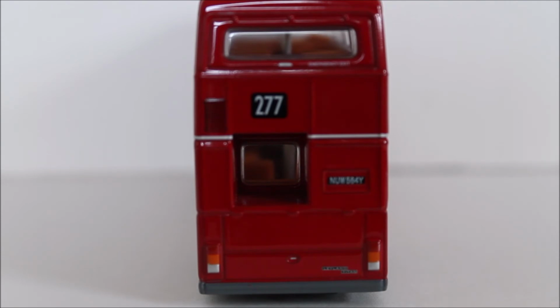Moving on down we can then see the engine cover here. Now the engine cover doesn't open on this model, but it is in the model molding, so we can definitely see it. Moving on down to the bottom we can see the Leyland Titan nameplate. It is obviously missing the Leyland badge on this side like we saw on the first one, but it's definitely